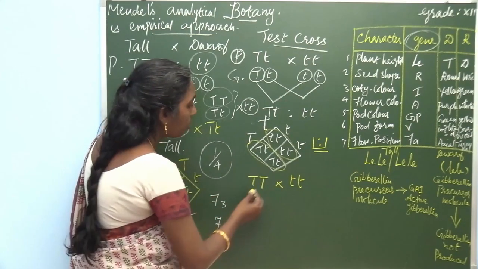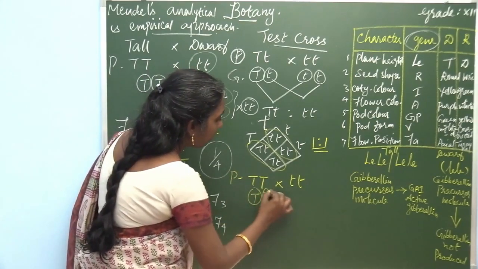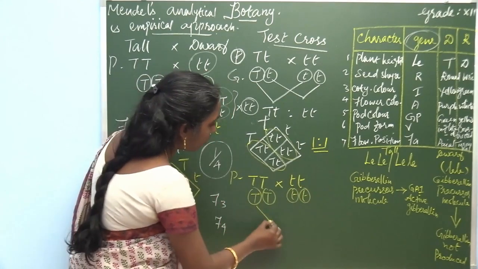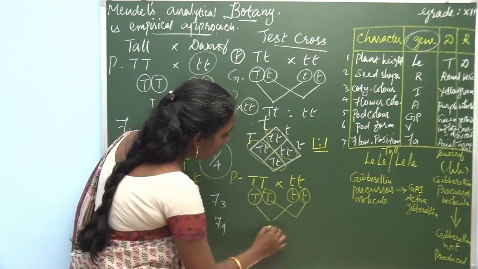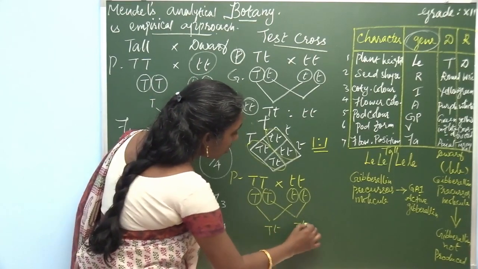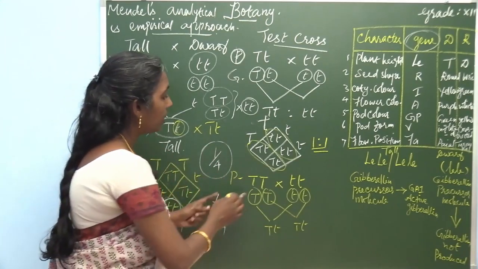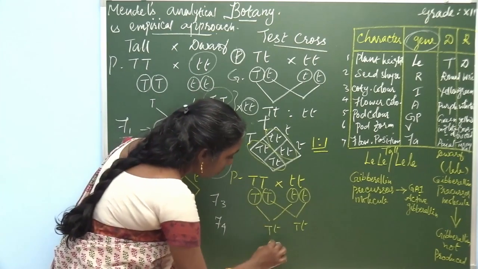So, here what are the gametes? Capital T, this is the parent, gametes capital T, here small t, small t. So, it gives capital T small t, capital T small t, capital T small t, capital T small t, all tall plants. So, when you make it in the form of a checkerboard, it gives